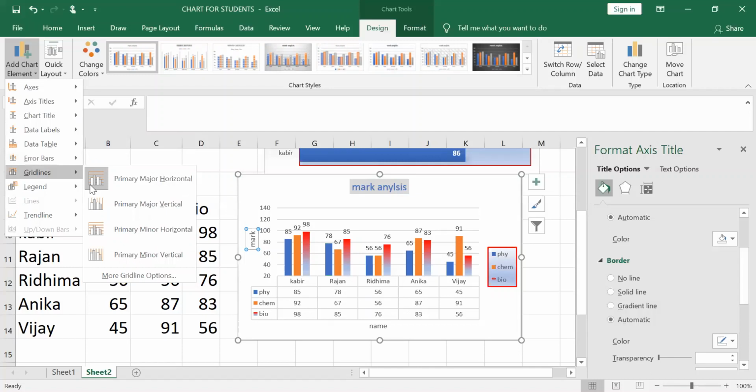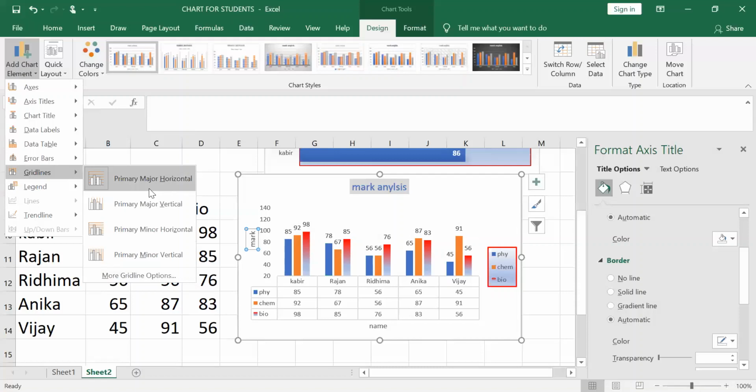Now here you can see the gridlines. You can give the gridlines: primary major, primary minor, primary major horizontal, like this. The gridlines you can put just like your graph paper, whatever the graph paper has. In such a way you can give gridlines to your chart.